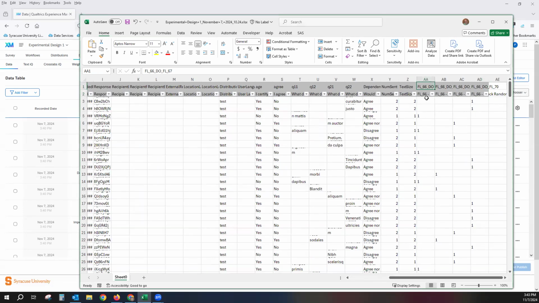FL, DO, etc. And it says block randomizer, display order. And so you can see which block each person was shown. You can make sure that they're being shown only one if that's what you want. You can see how, as these were generated, how Qualtrics put each person in. These tags